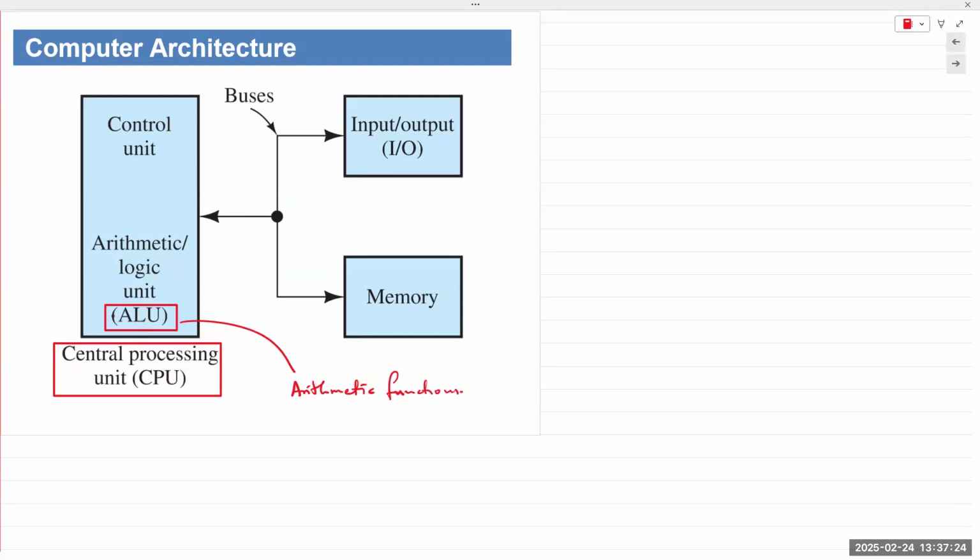Okay, so the CPU comprises an ALU, and then there's a control unit that controls everything, right? And the CPU interfaces with external peripherals,